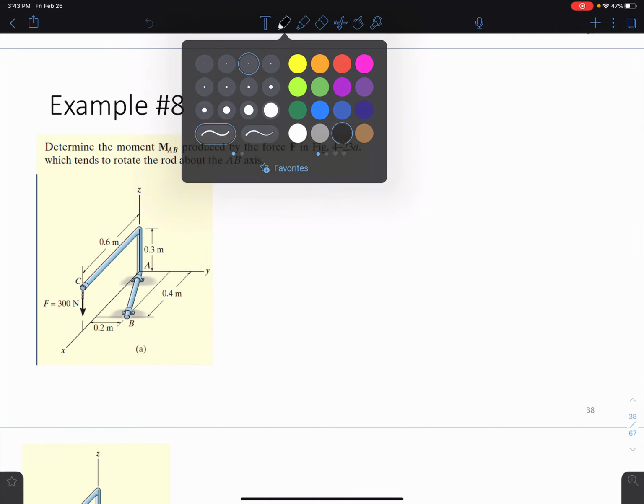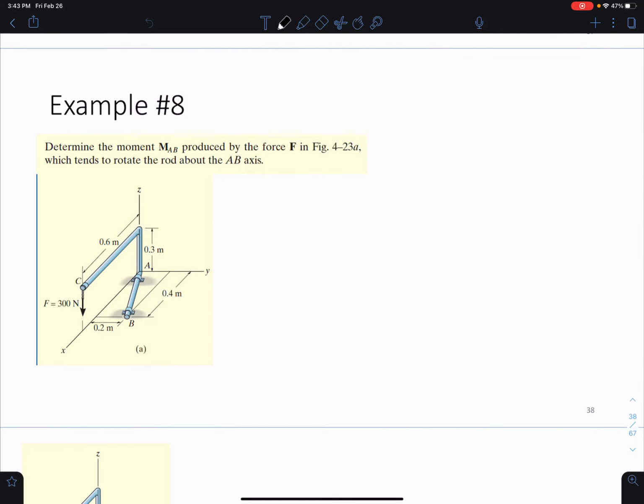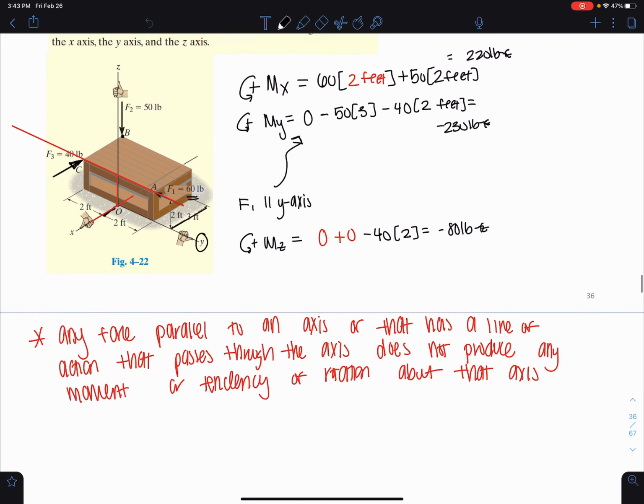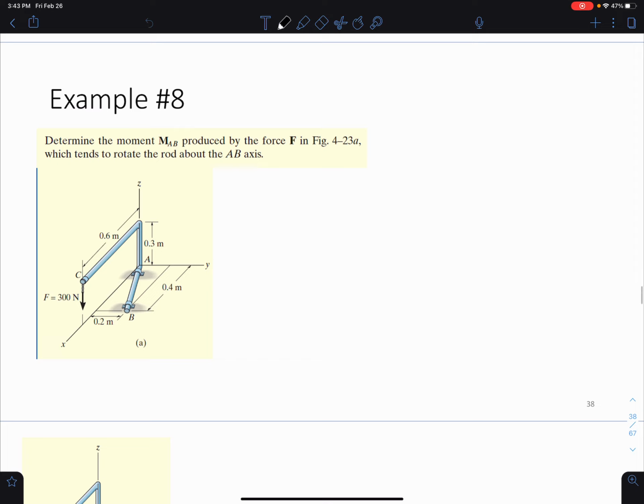Okay guys, so we're going to continue talking about topic 4 here. The last video left off on example 7, so we're going to jump right into solving example 8. In example 8, we're dealing with a 3D system, and our goal here is to determine the moment